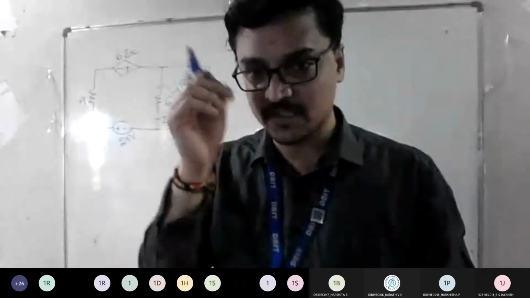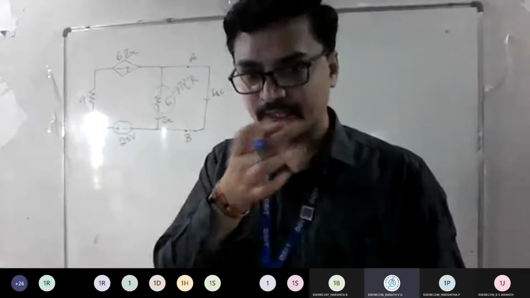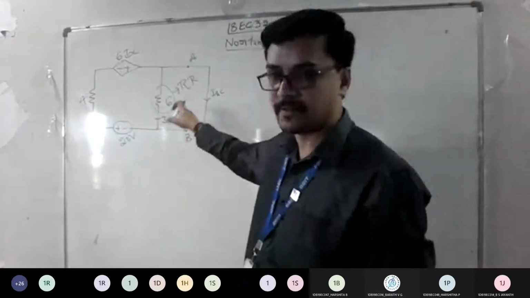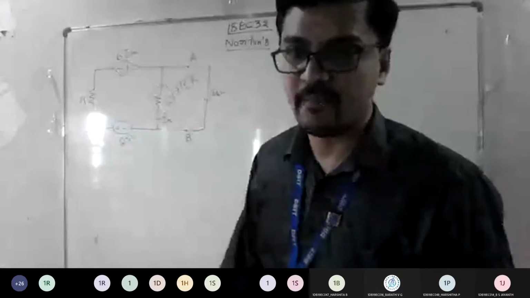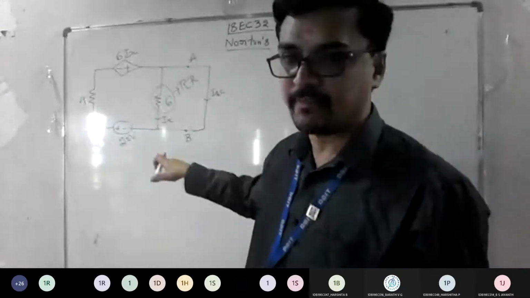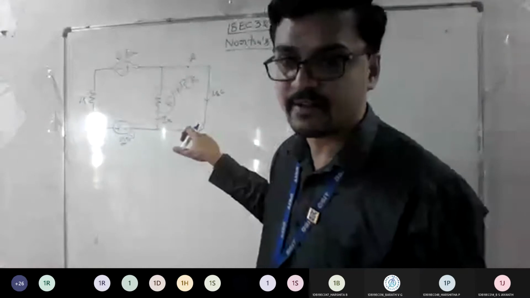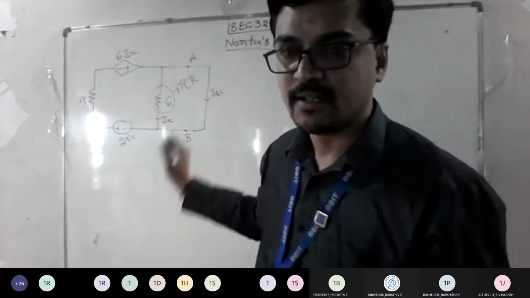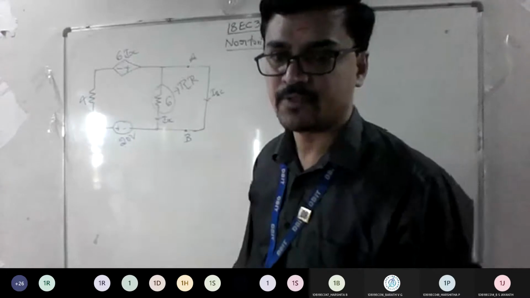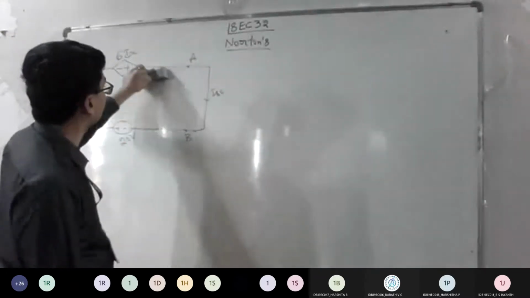I think in the previous problem it was 5 plus 5j, correct? When you solved the problem on AC, we had a concept of 5 plus 5j. Like this, that time also we eliminated it. Okay. So you need to make a statement: since the 6 ohm resistor is redundant to your short circuit current, that is equal to 0. So it means this goes off.